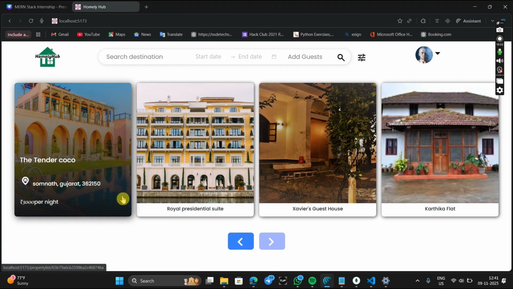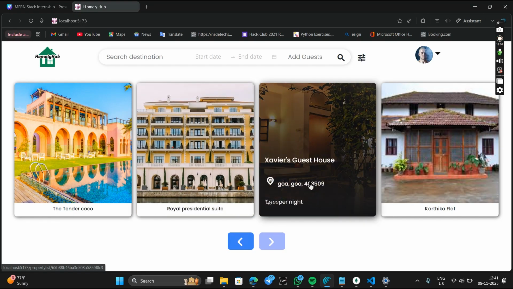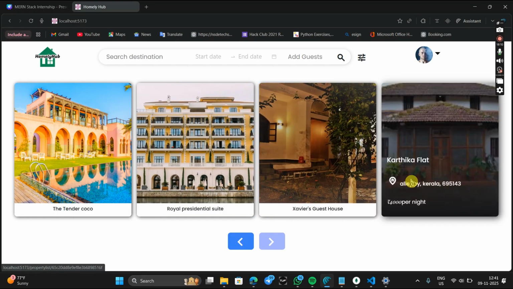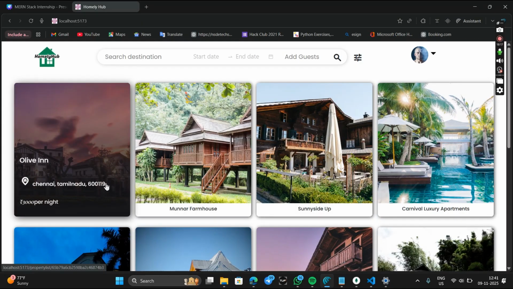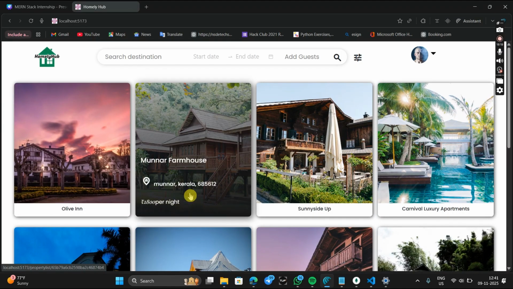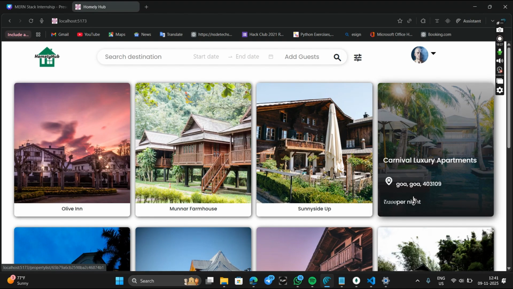The Tender Cocoa in Gujarat, this Royal Prestige Suite in Kolkata, West Bengal, this Xavier's Guest House in Goa, and Kartika Flat in Alleppey, Kerala, this Olive Inn in Chennai, Tamil Nadu, this Munnar Farmhouse in Munnar, this Sunny Side Up in Kodaikanal, Tamil Nadu, Carnival Luxury Apartments in Goa,